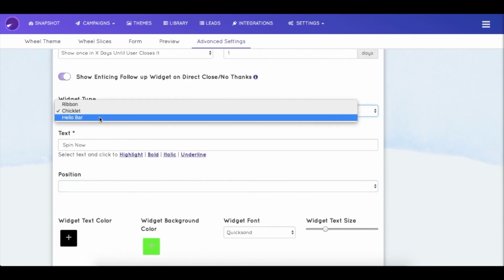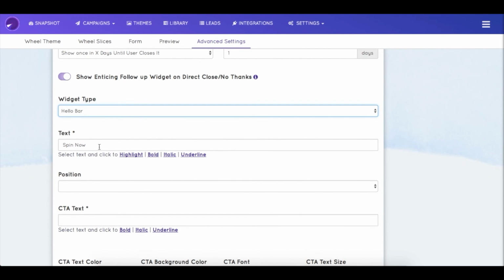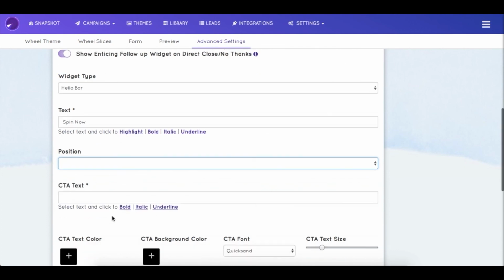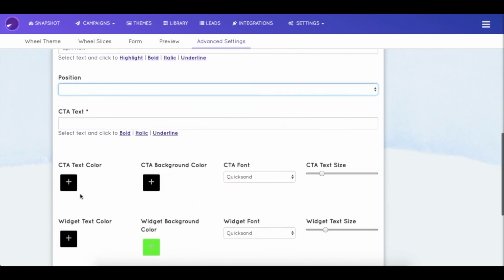The first type that I had shown you on the website was a hello bar. All you need to do is select the text, write the text, select the position, write the CTA text, like the CTA was spin now, enter the CTA text color, background color, widget text color, widget background color, CTA font and CTA